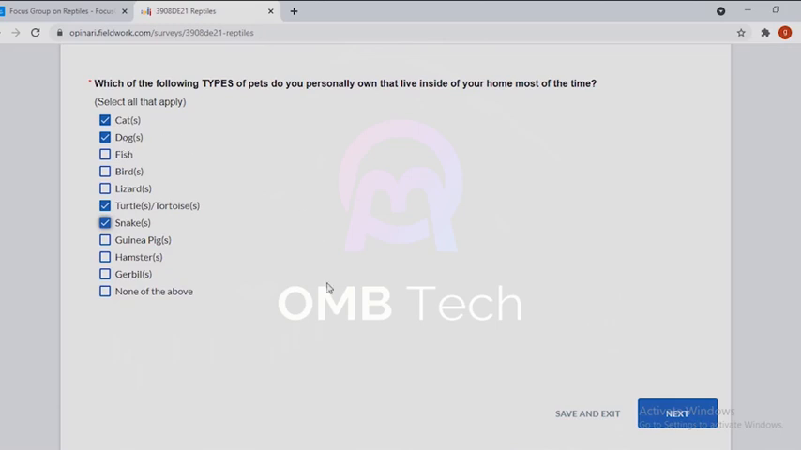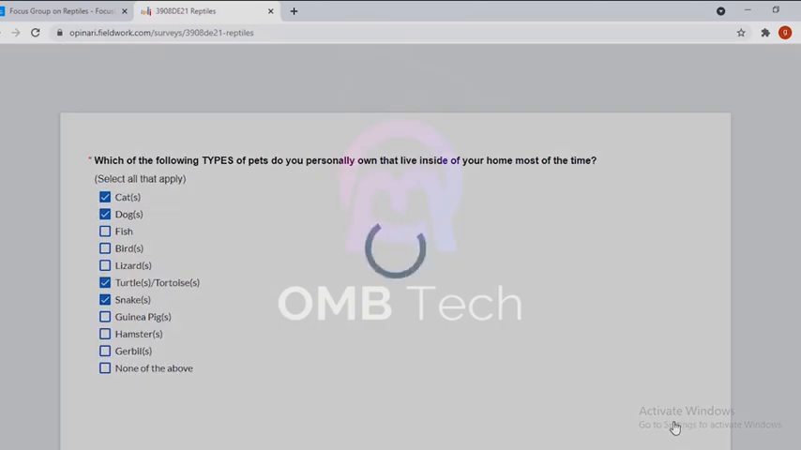So there is no way the researcher is going to reach out to you, because they need people that have their own snakes, their own tortoises, or any form of reptile that is listed on this page here. So you must choose that you own at least one in order to be able to partake in the study. So we click on next,